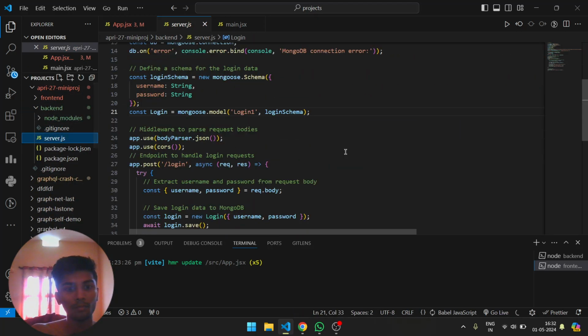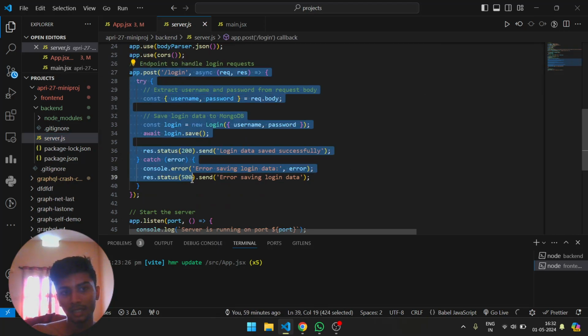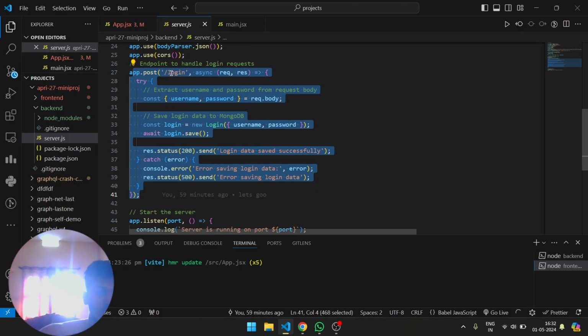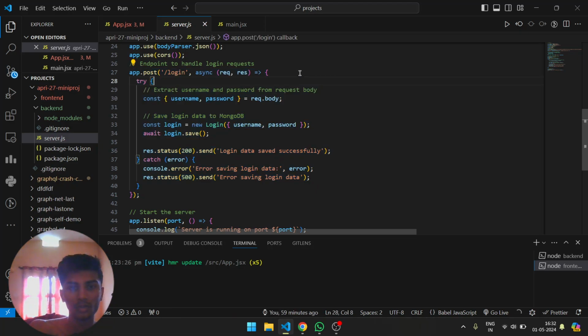In the backend we are waiting for what the person has sent, so we are waiting for a post request at /login. The backend is running on the port I showed before, localhost:3000. We are waiting for /login, and we are going to take the data and put it into a username and password,